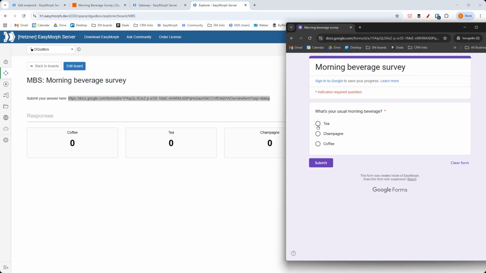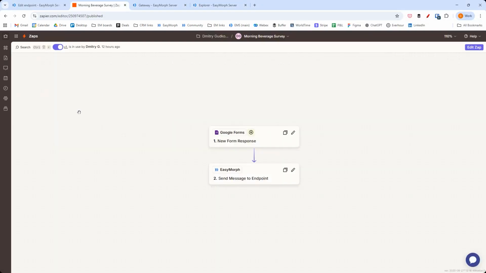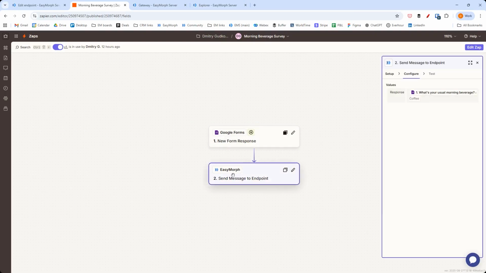Every time you make a submission in this form, it triggers a Zapier automation. I used Zapier as an example, and Zapier has a native connector to EasyMorph Gateway. So you simply have a two-step process automation here in Zapier. First, when it receives a Google Form submission, and second, it sends the response to the EasyMorph server. This response has one answer. It's a simple survey with only one question. So the response is simple, and it sends it to the EasyMorph server